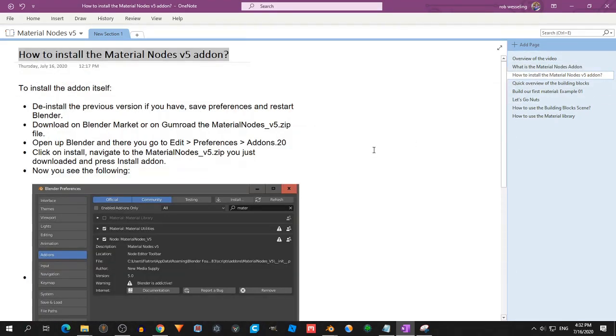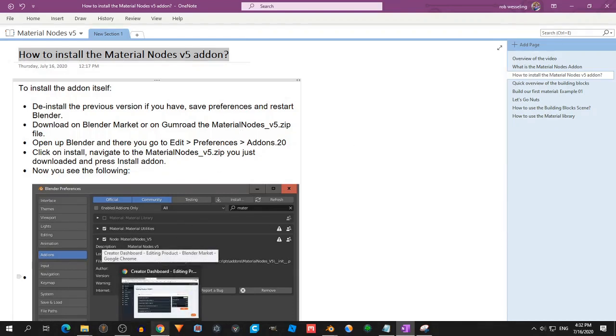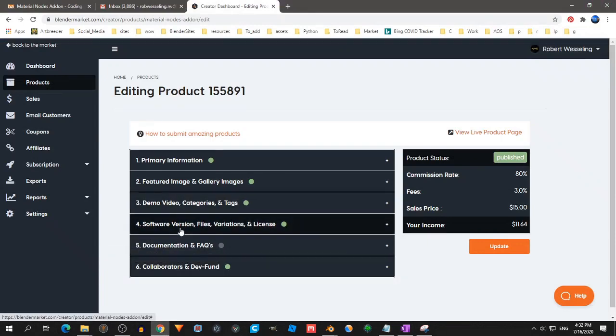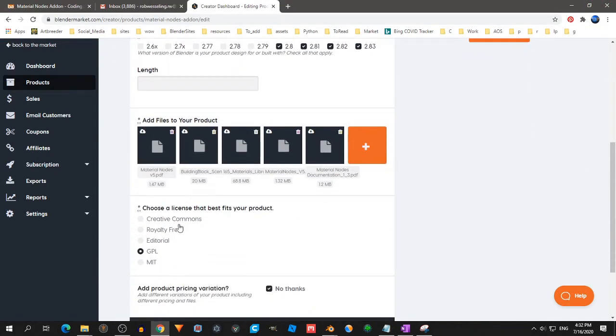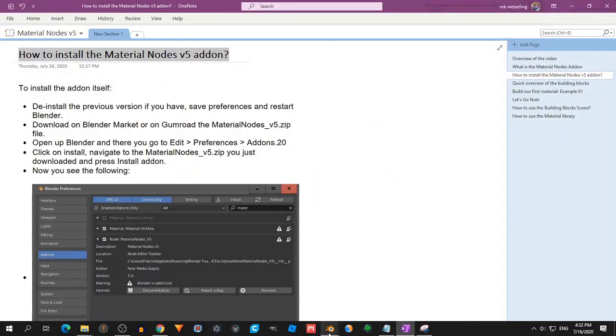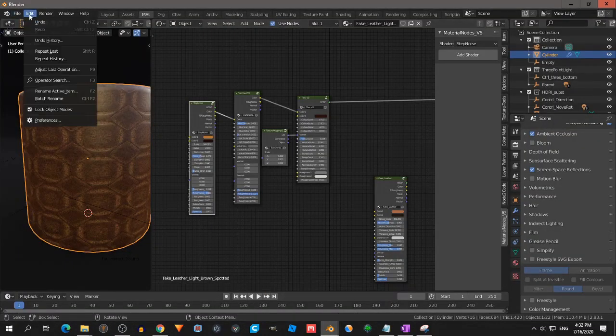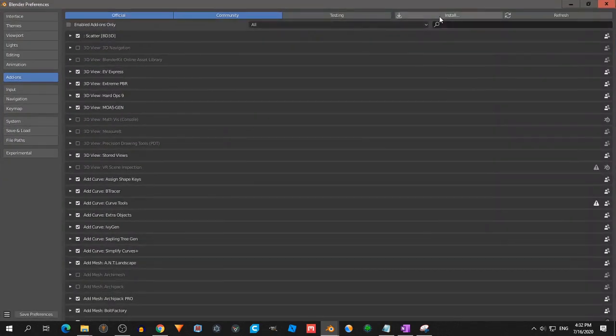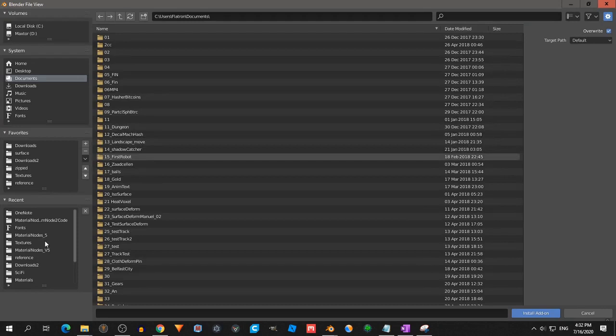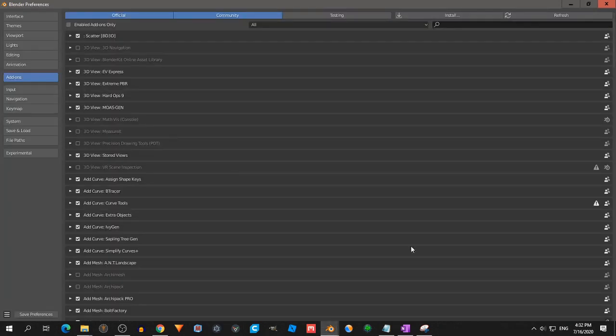So how to install the add-on. So you go to your downloads. Let's see, you see it a bit different than here, but what I see here, you load the Material Nodes version 5. That is the zip file, that is the add-on itself. You can download it in Blender. So you can go then to Edit, Preferences, then you go to Install, then you navigate to your folder, you press Install Add-on, and then you will see